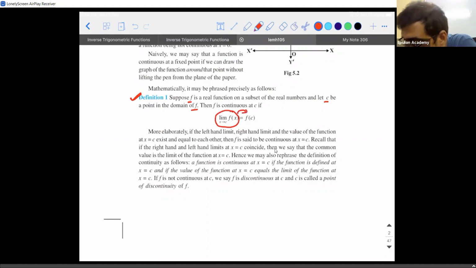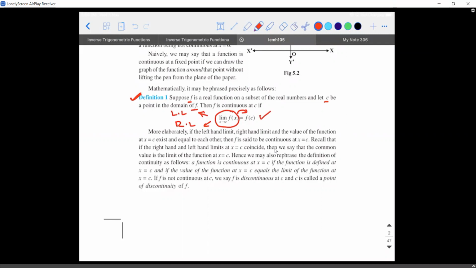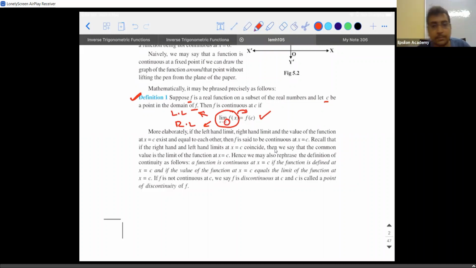By writing limit as x tends to c of f of x, it is covering both left limit and right limit. By doing left limit and right limit separately, we are actually trying to break this limit into two parts. That is more accurate actually. It is a better way to solve problems. But according to your textbook and NCERT, if you are able to prove that the limit as x tends to c of f of x is equal to f of c, that is more than a sufficient condition for the function to be continuous at which point? At the point c.